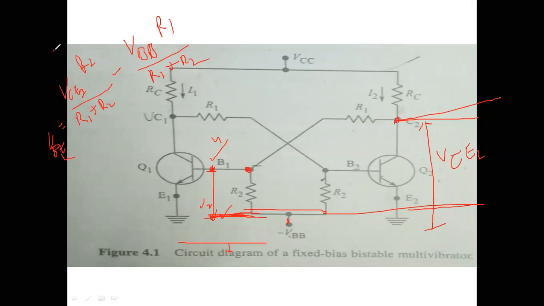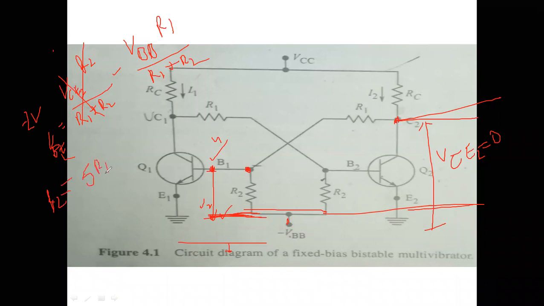We know the VCE sat voltage. This VCE sat we have assumed to be 0, therefore this term will be 0. We know the VBB value, they have given it as 12 volts, and we have to find out R1 and R2. We know the VBE value as -2. This is also assumed, so that you may get an equation in terms of R1 and R2. If you simplify this expression, the equation is nothing but R2 equal to 5 into R1.